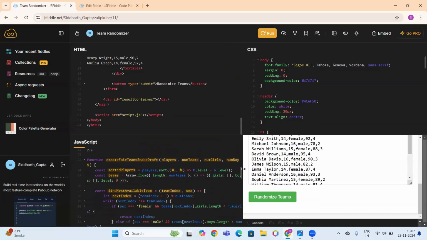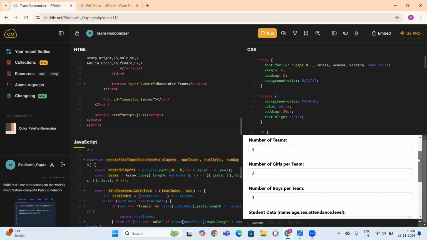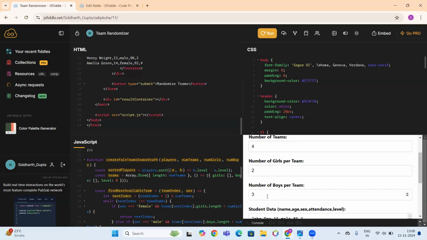Then after this, let's come back to the main section of coding. Now let's imagine I wanted to divide equal teams and I'm a football coach. How would I do it? I would link the best player with the worst player and the second best with the second worst so that we create an equal team. This would usually work in theory, but over here, as you can see, we have some variables: number of girls per team, number of boys per team. So now this disrupts that whole thing,